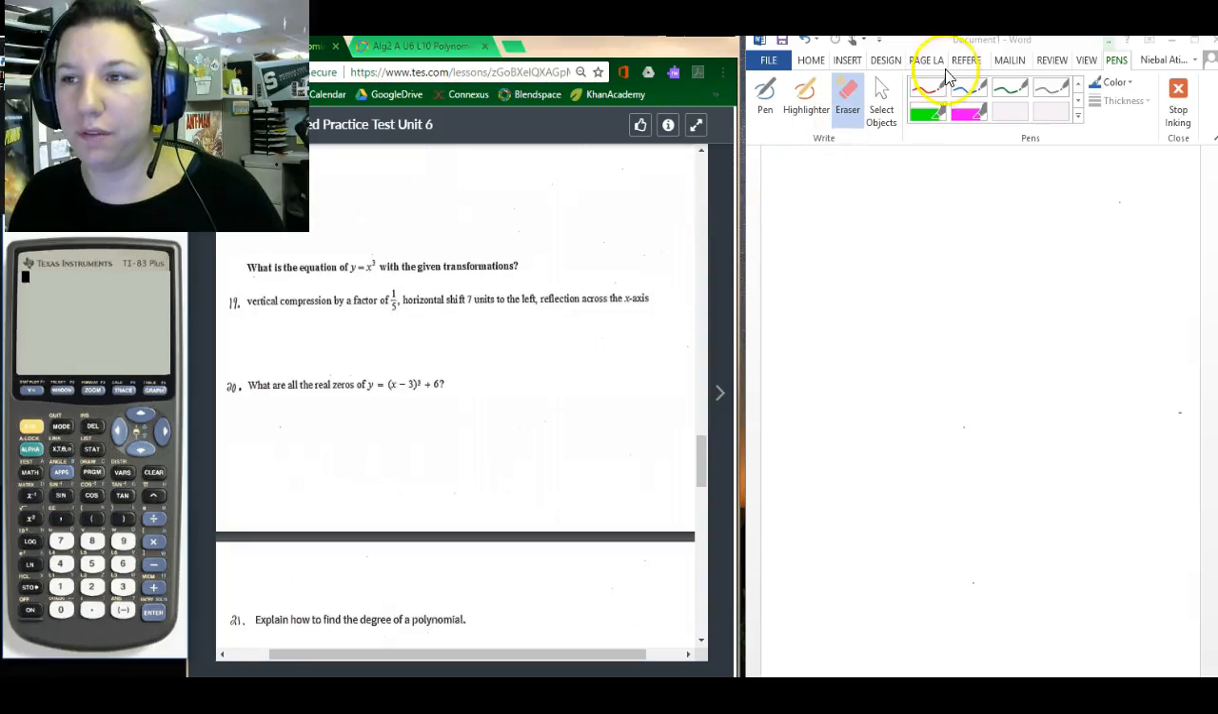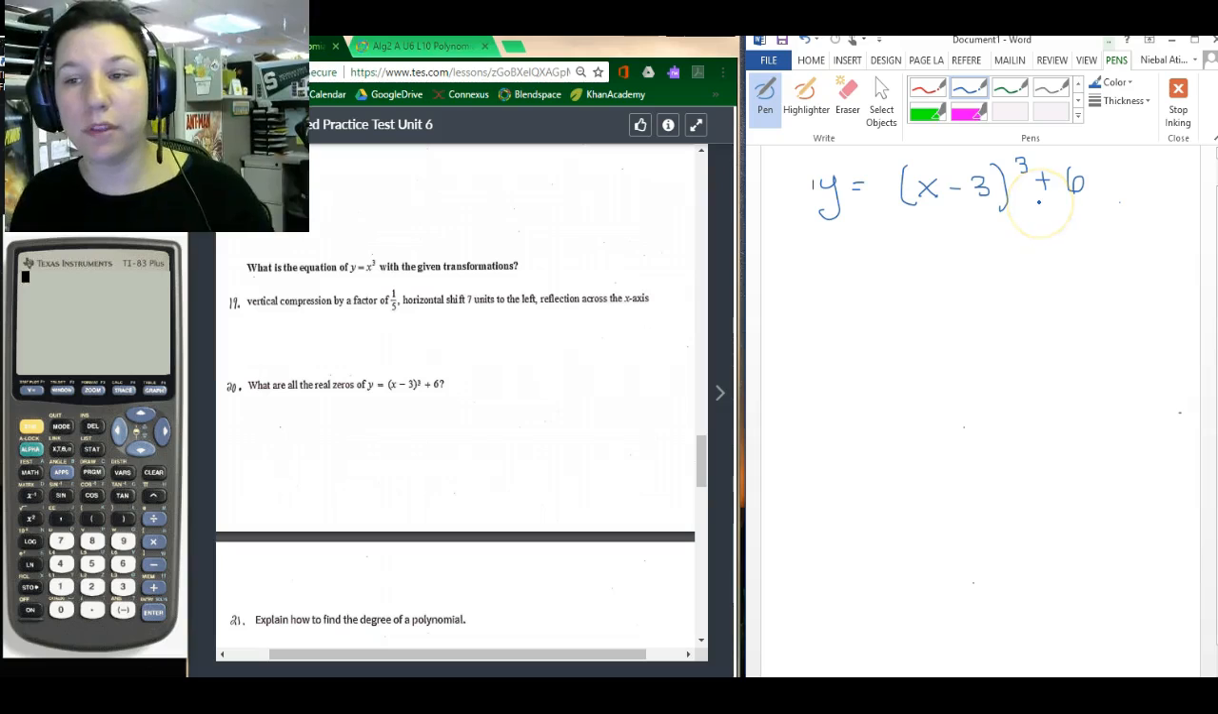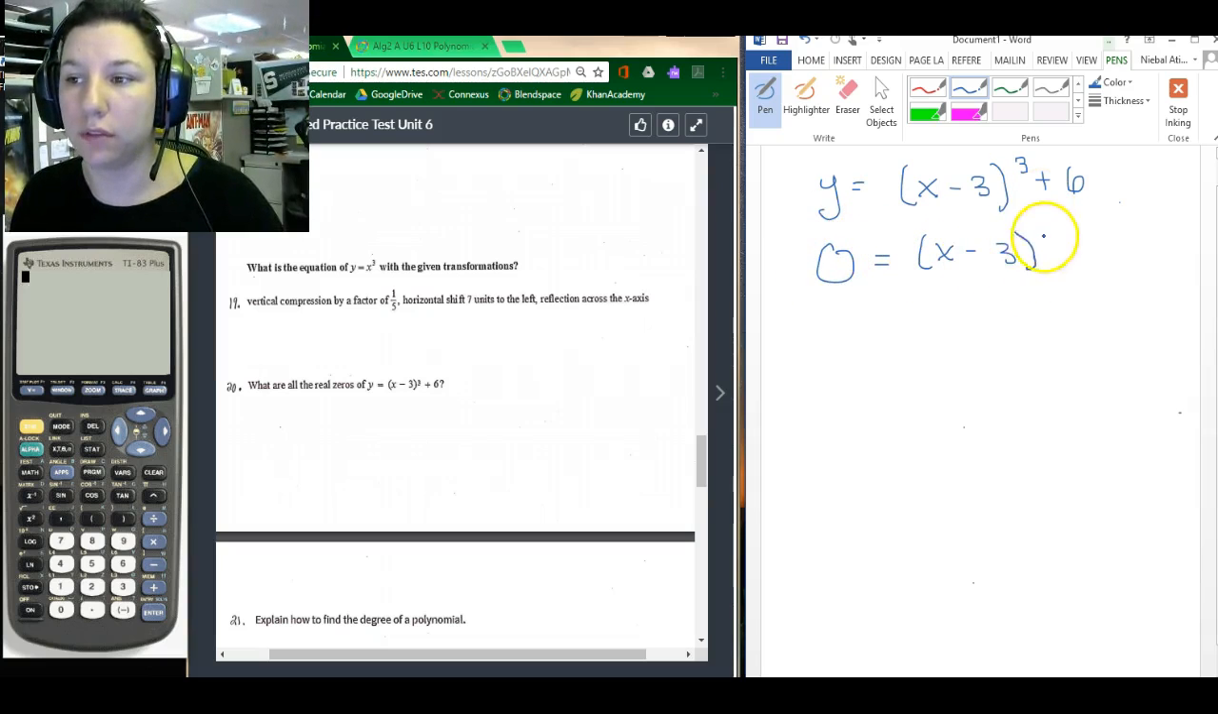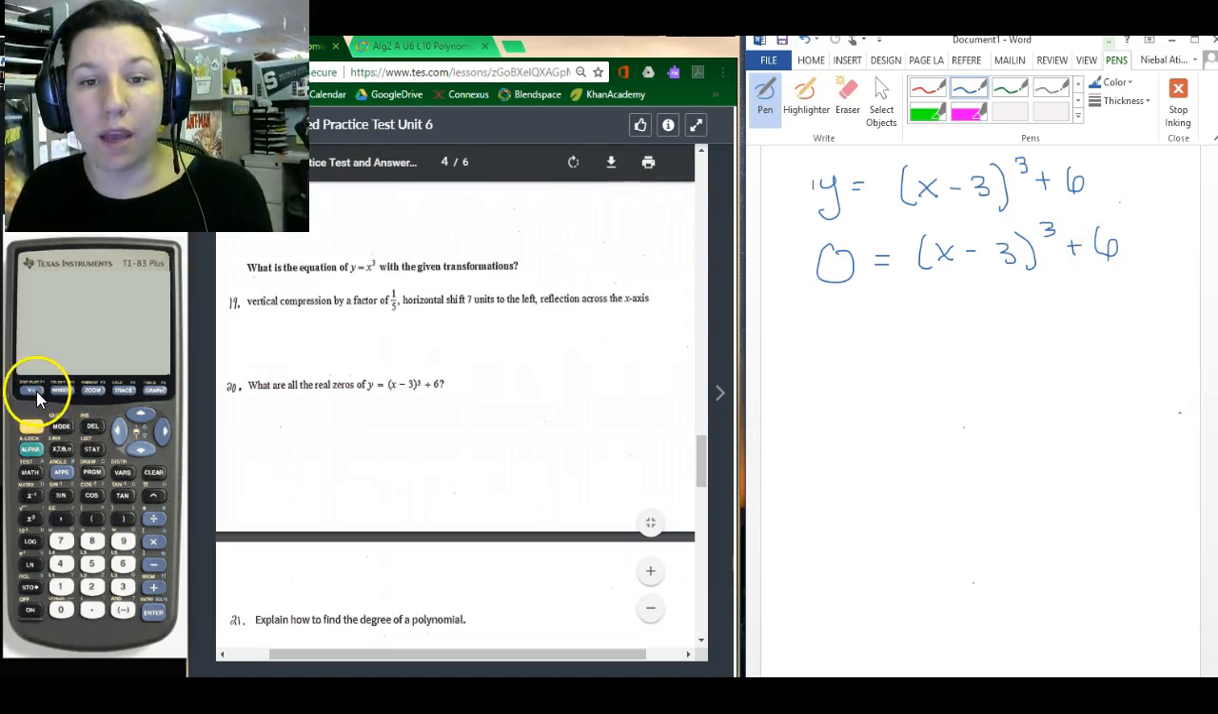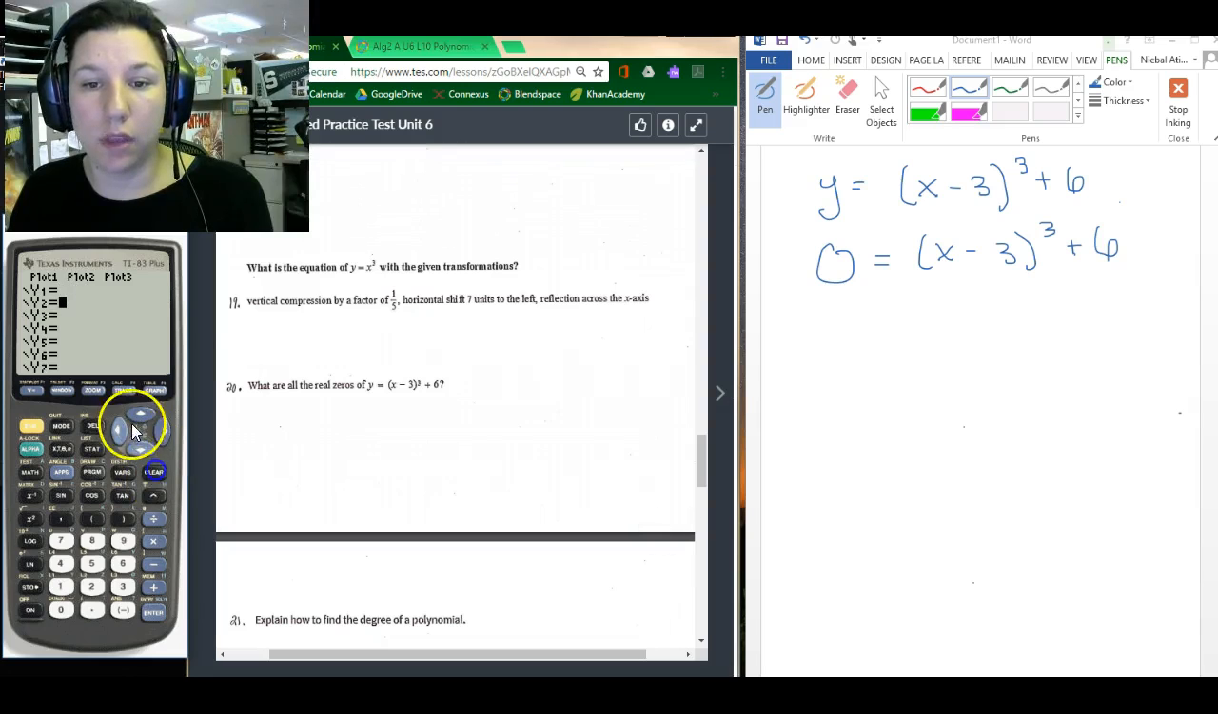Number 20, what are all the real zeros? Okay, remember for the zeros, it's the y that's actually equal to 0, and we're trying to solve for x. We've been getting the zeros a lot from the graphs, so if you go to y equals and you try